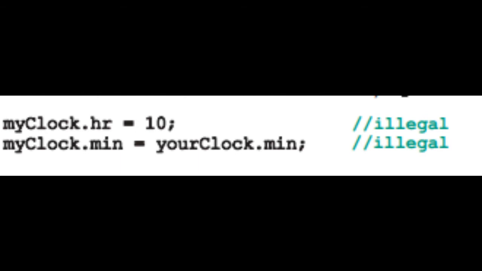The objects myClock and yourClock can access only public members of the class. The following statements are illegal because hr and min are private members of the class Clock and therefore cannot be accessed by myClock and yourClock. myClock.hr = 10; myClock.min = yourClock.min;